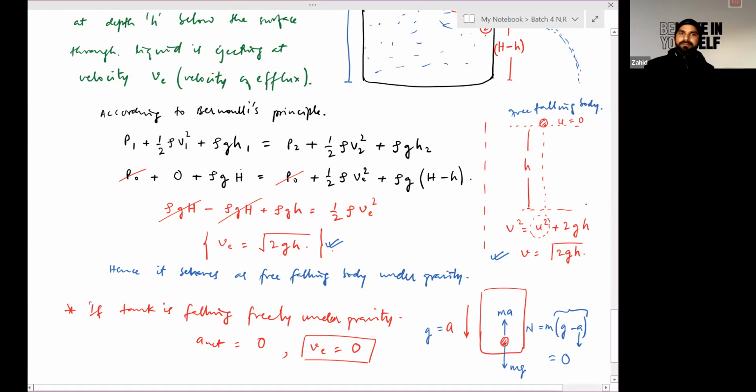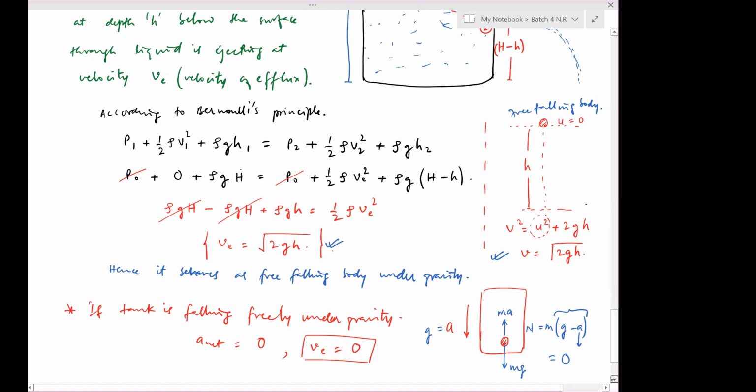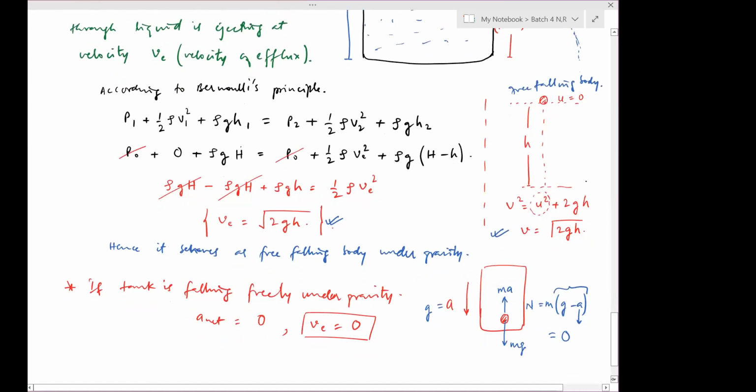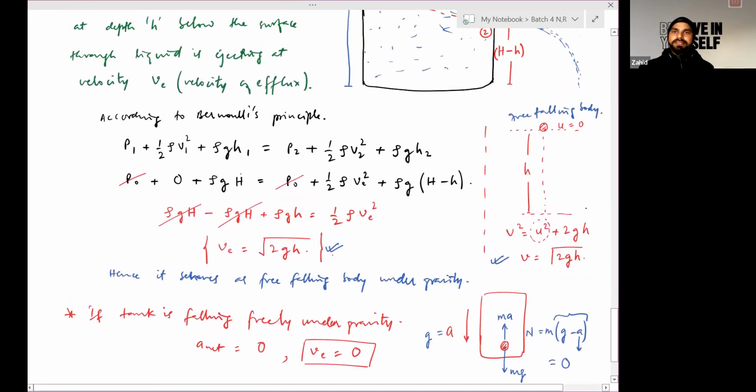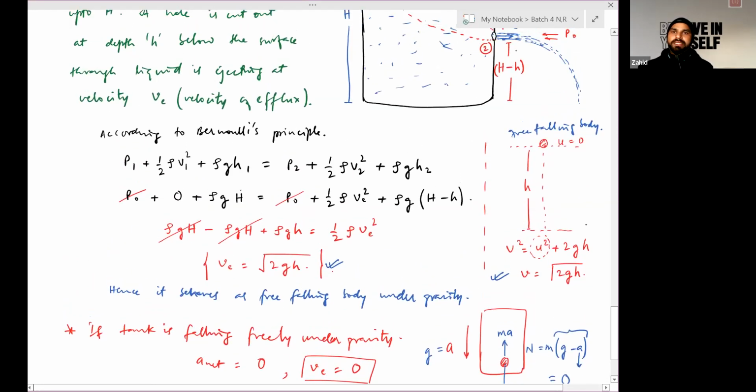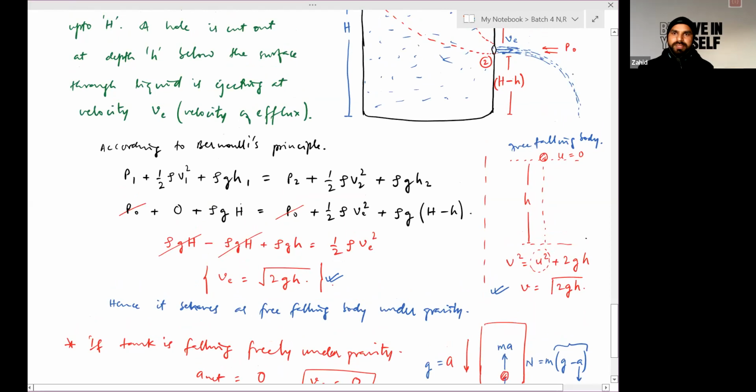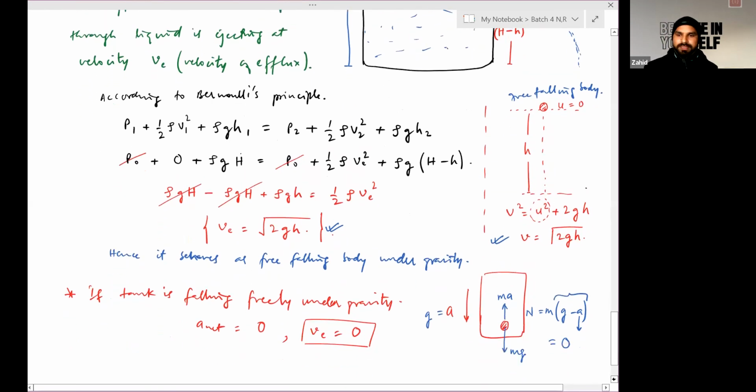You all have written? Yes, sir. Now, just see the geometry of this particular ejecting liquid. It is behaving just like a projectile, a horizontal projectile, isn't it? So we can calculate its time of flight and its horizontal range, and on the basis of which we may define some other terms as well. So next is